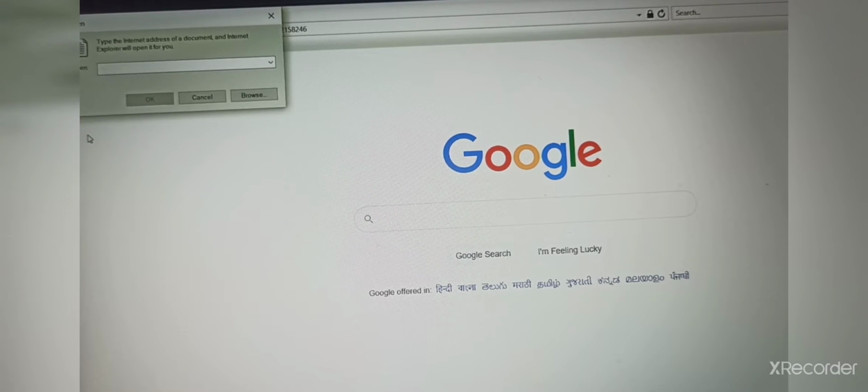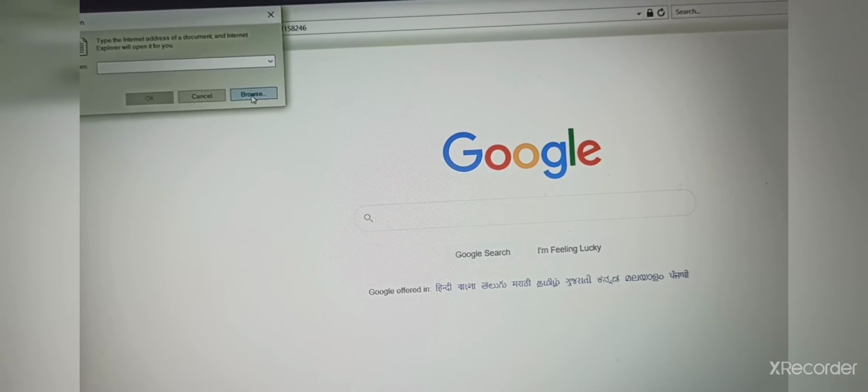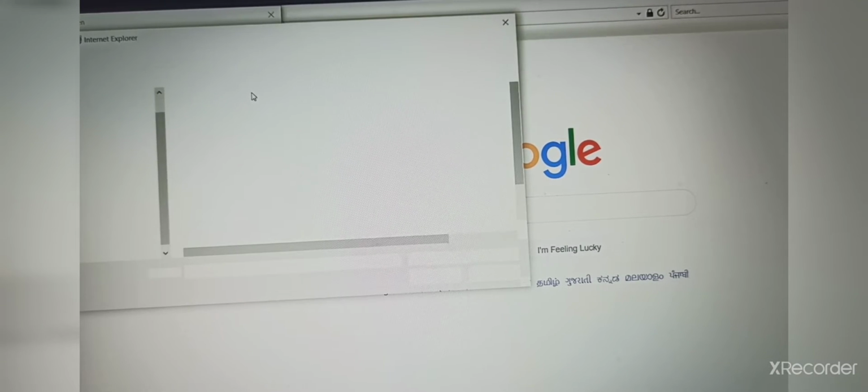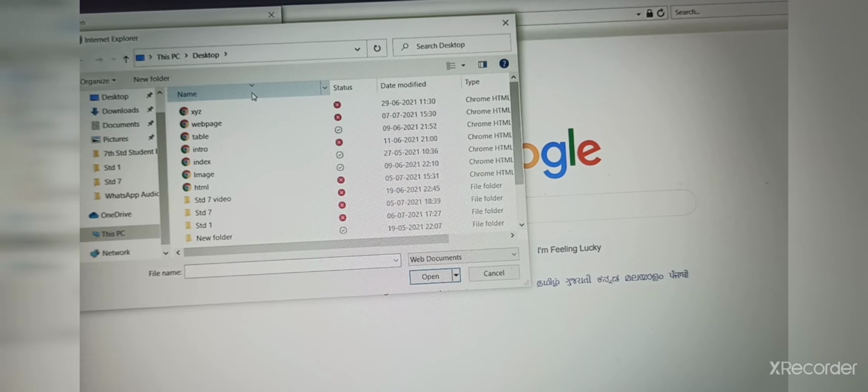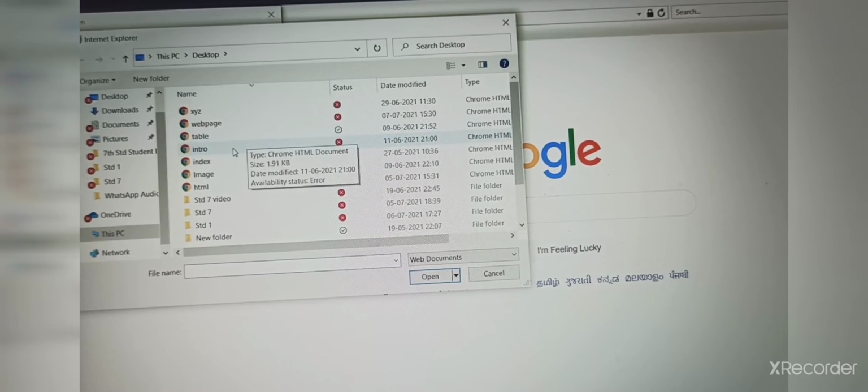One open dialog box will open. In that you have to click on Browser. When you click on Browser, you can see that the Internet Explorer navigation folder will open.